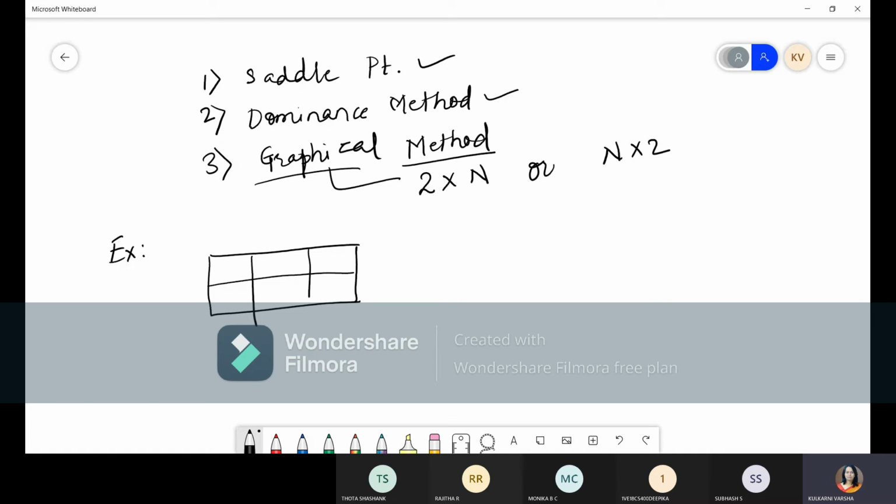and we have three columns, and we have strategy 1, strategy 2, strategy 3 from player B, and from player A we have strategy 1 and 2. Okay, and the payoff matrix is given as this. So in this case you can see that there are two rows and three columns. Now when we have this, how do we need to solve this? So let us move to the solution.